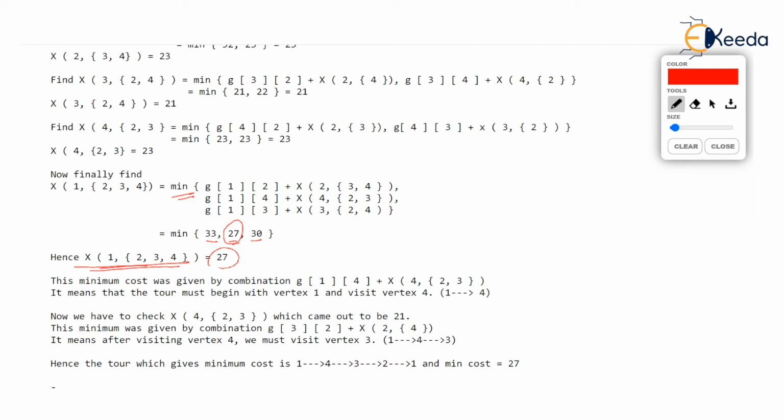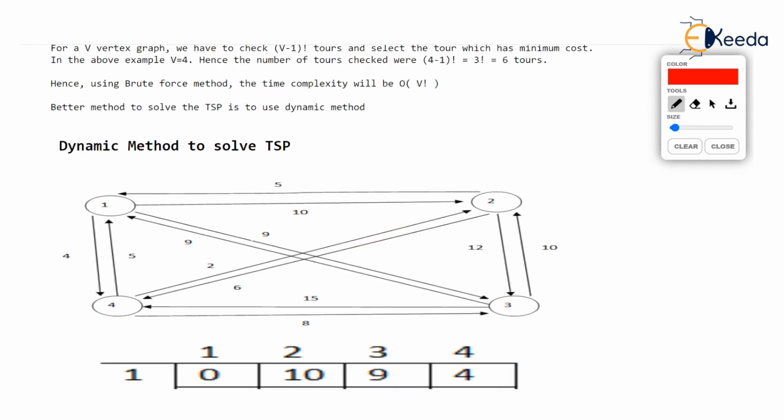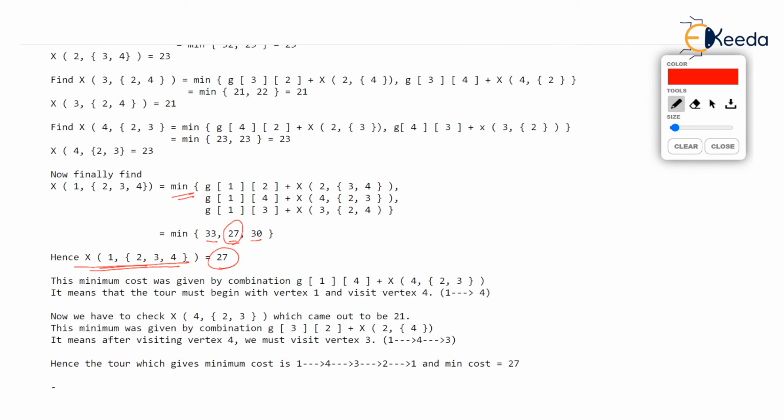And we know that this was the answer, because using the brute force method also we got 27 as the answer. There are two tours, isn't it, which give you this minimum cost. Well, the dynamic approach will give only one of the tours. What difference does it make? Come on, because both of them have the same cost 27. So how will you get the tour? We know that the cost of the tour is 27, but how will you get that? How the tour is designed.